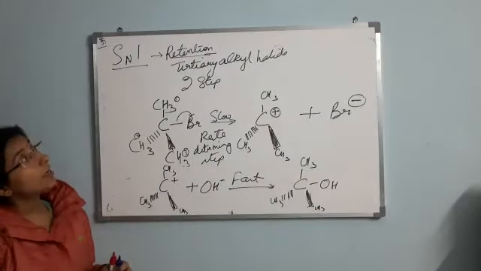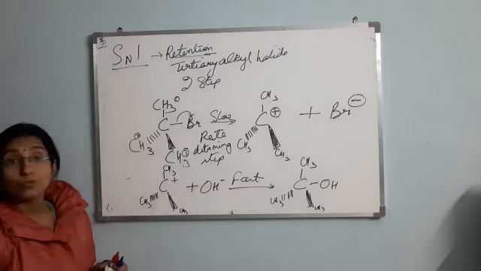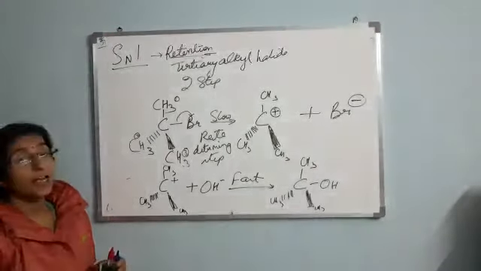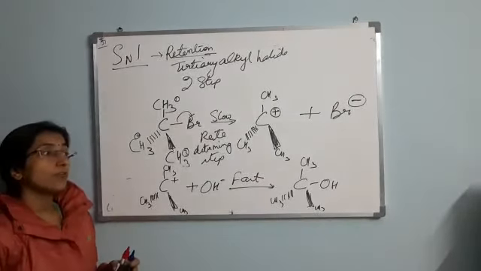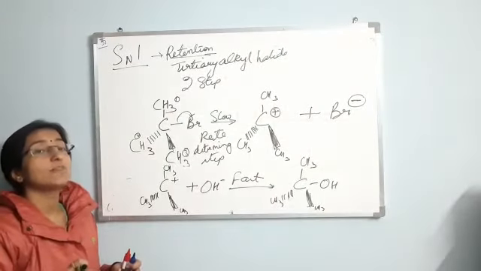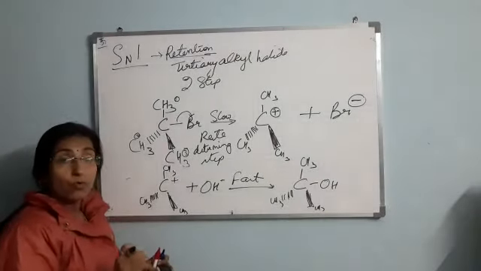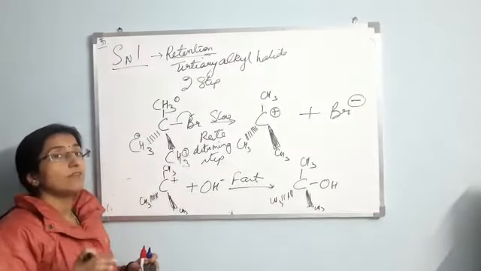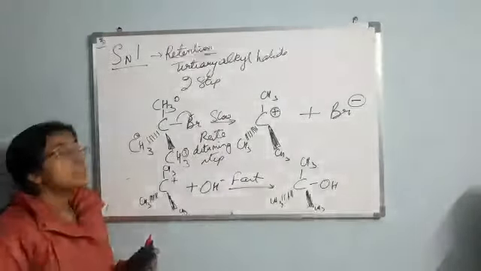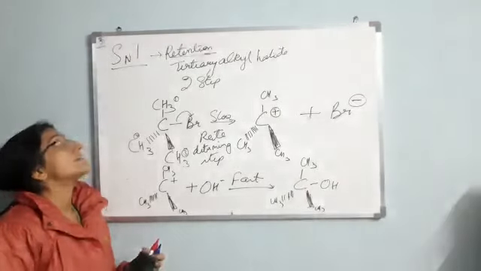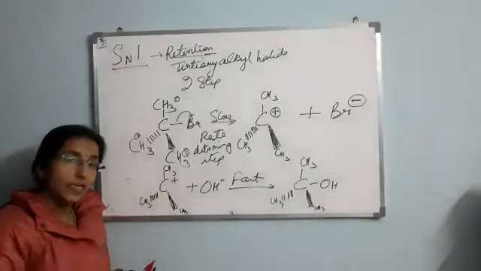Then anything else which is left there? I guess I have explained everything. If I make a reactivity order, then tertiary alkyl halide will go best, then move to secondary, and then to primary. So, a quick recap: SN2 goes best with primary alkyl halide, SN1 goes best with the tertiary alkyl halide. For SN2, it occurs with the inversion of configuration. SN1 occurs with the retention of configuration. SN2 is basically a one-step reaction, and SN1 is basically a two-step reaction.